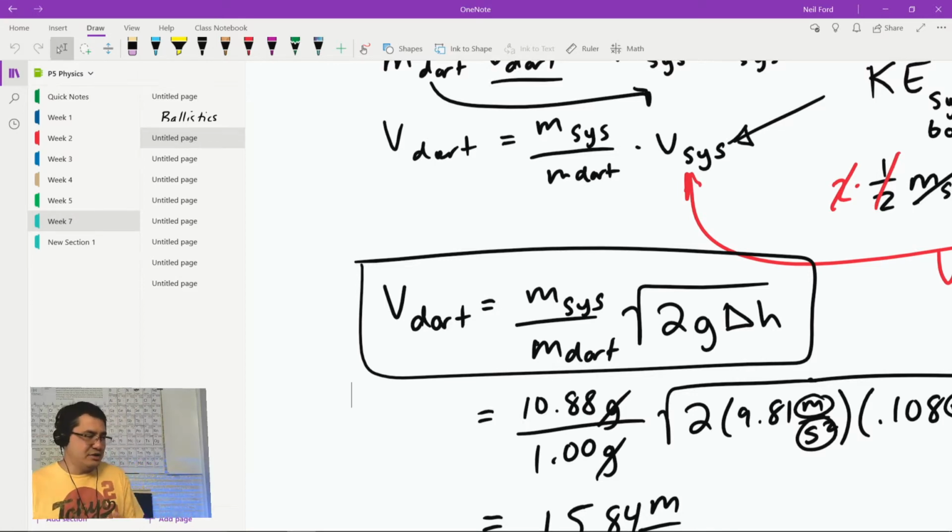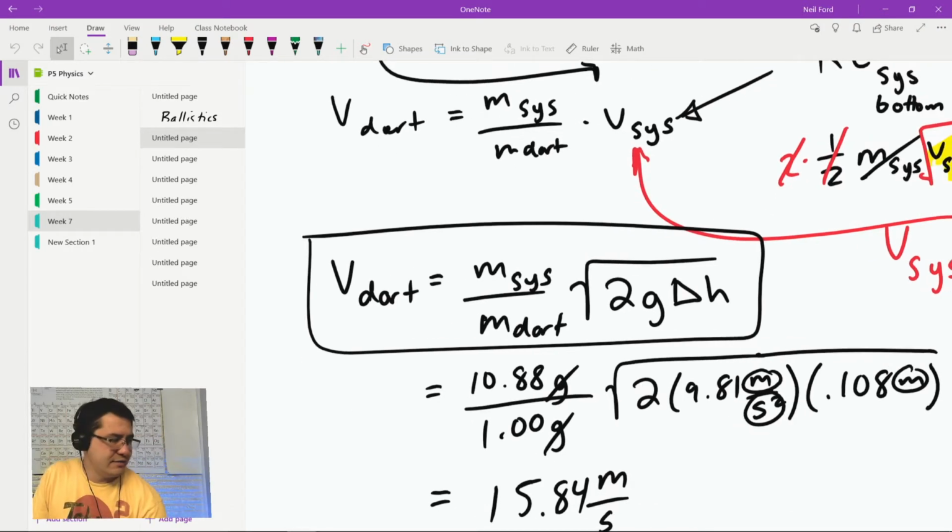And the ballistics pendulum could be much bigger than the ones shown in the video. I showed a little cup, but if you are, say, throwing a tennis ball as your projectile, maybe you have a bigger cardboard box ballistic pendulum with padding inside. But the key thing is you need to slow down the projectile enough that it stays as part of the system as it swings. So this equation: the muzzle velocity of the projectile is equal to the total mass,